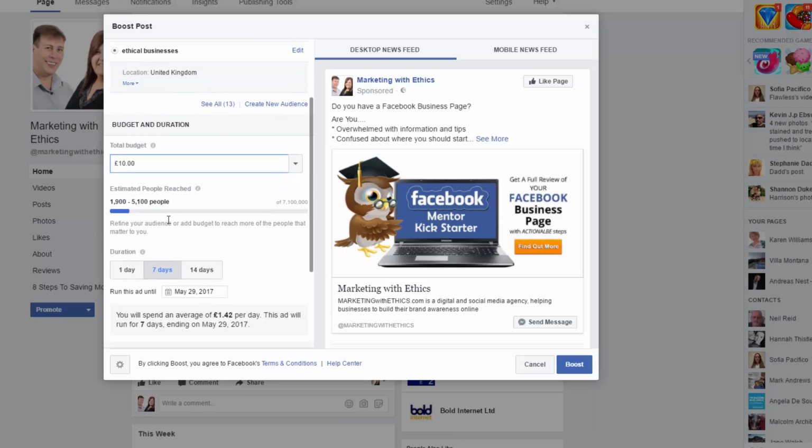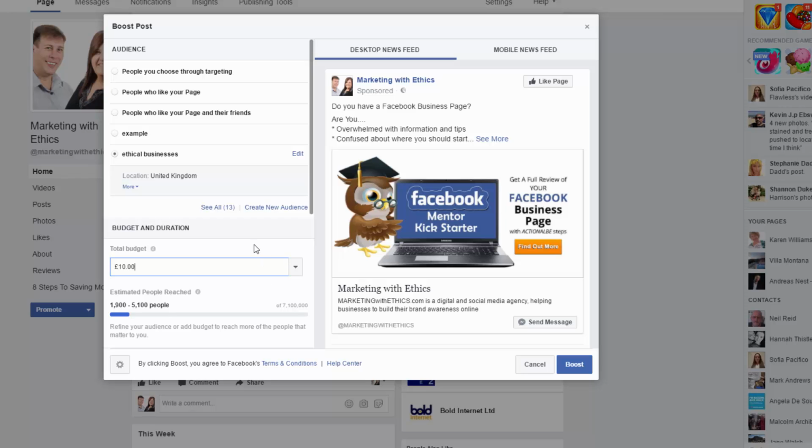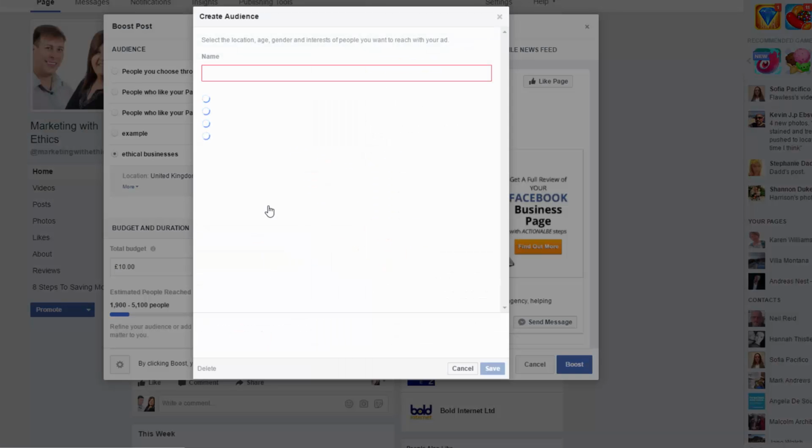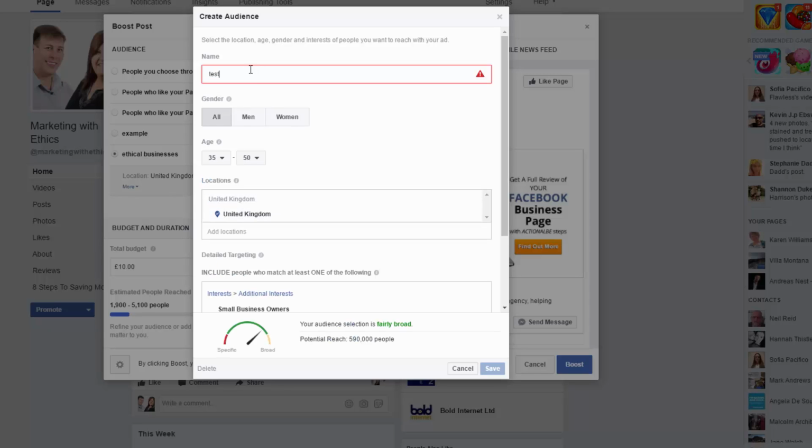It tells me how many people it could reach and how long I want to send that over. So we'll spend an average of only £1.42 a day and the ad will run for 7 days. And it's as simple as that. Now if you don't have any audiences set up, you can create a new audience. Give it a name. So if I say test, you can then say the age groups that you want,